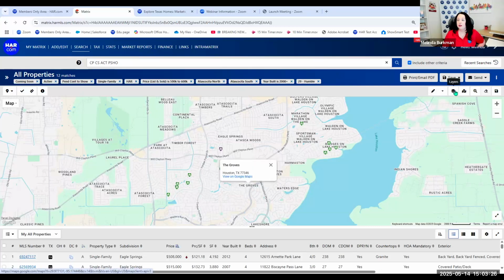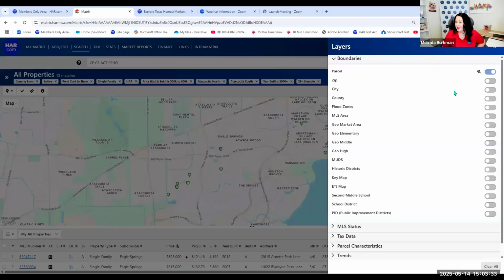Next to it is your layers. Go away. There we go. So this is very similar to the quick view of the map. Right now, I can look at any of these. They're not grayed out. If you're zoomed out and seeing the entire state, you can't really choose GeoMarket Elementary, right? Those words would be way too small to see, so some of them may not let you choose them. But right now, I'm at a good zoom level that I could see any of these.